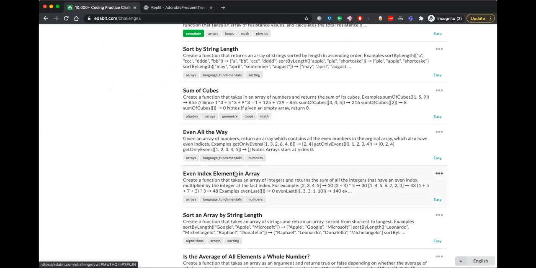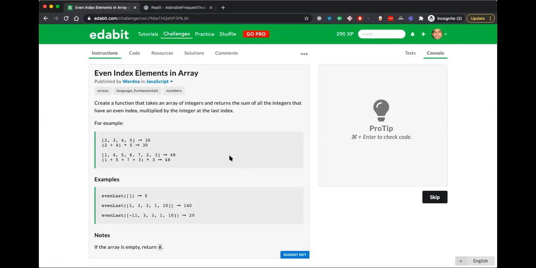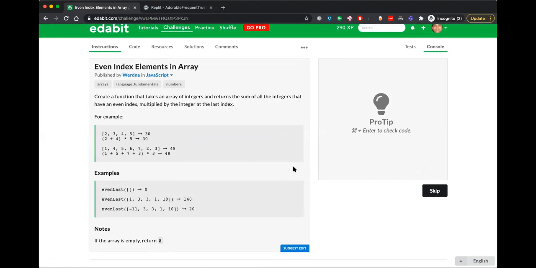Okay, this looks like a straightforward problem. So guys, read this problem, write the pseudocode in the chat, and then we will try to solve it.